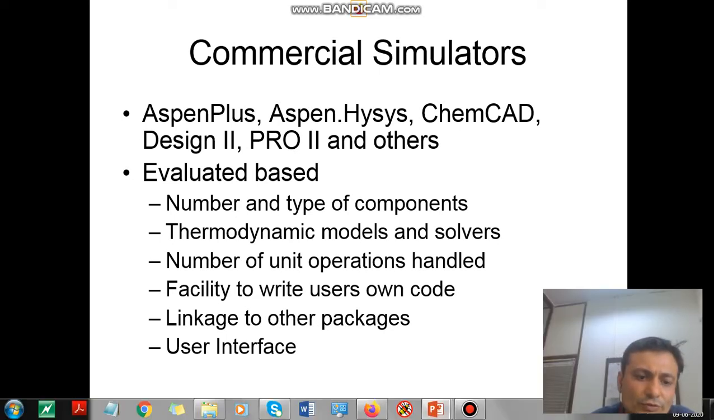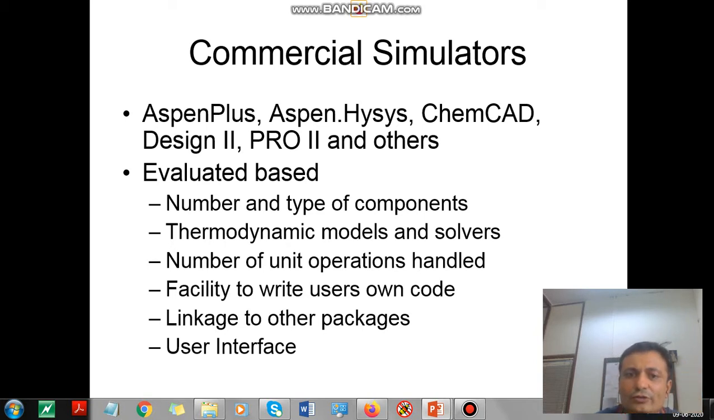Friends, in the previous video we have seen various simulators like Aspen Plus, Aspen HYSYS, ChemCAD and all the others listed here, and I say that they are more or less similar in their performance. However, they differ in terms of the number and type of components they deal with: hydrocarbons, organics, inorganics, solids, and the thermodynamic models and solvers they have, like whether they have all the activity coefficient models